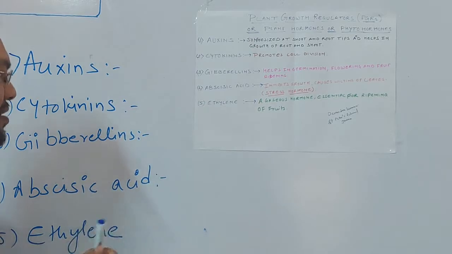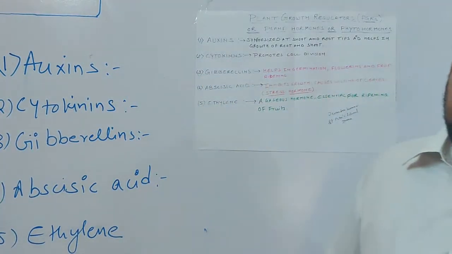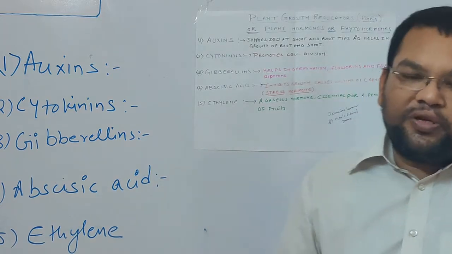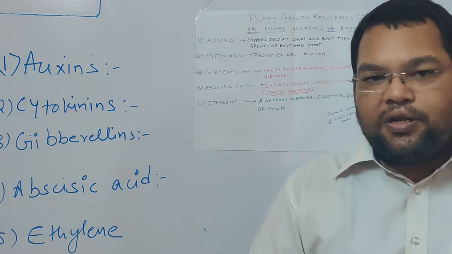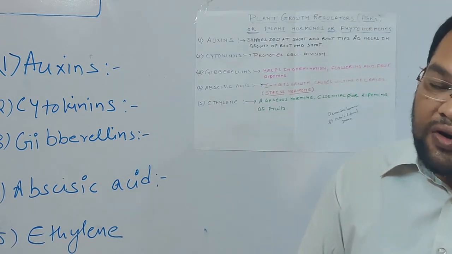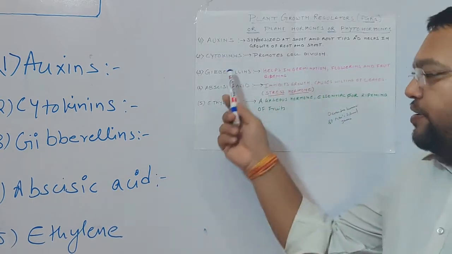Now the second case is the cytokinins. Cytokinins promote cell division. ये सेल डिवीजन होने में मदद करता है. और सेल डिवीजन की तब जरूरत है जब भी नए पार्ट के बनने की जरूरत हो या फिर पुराना पार्ट टूट गया हो, और जब नए पार्ट की जरूरत हो तब साइटोकिनिन्स ये वर्क करने वाले हैं.